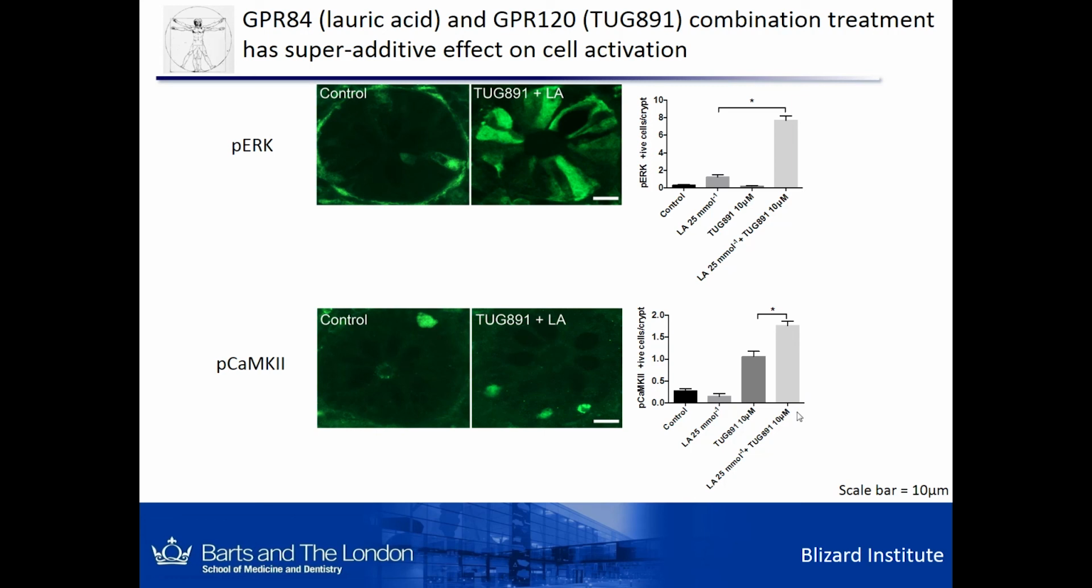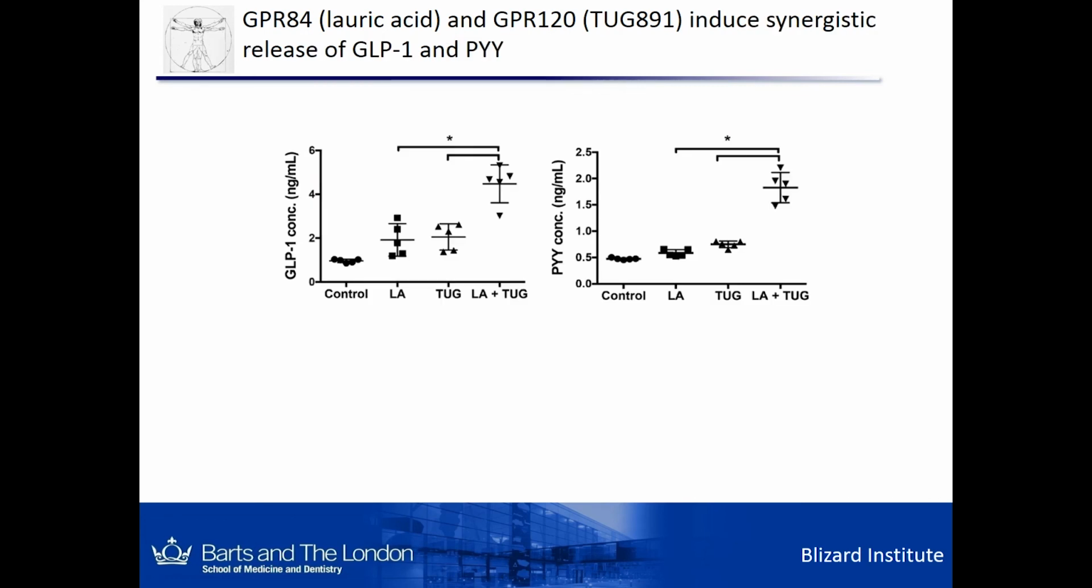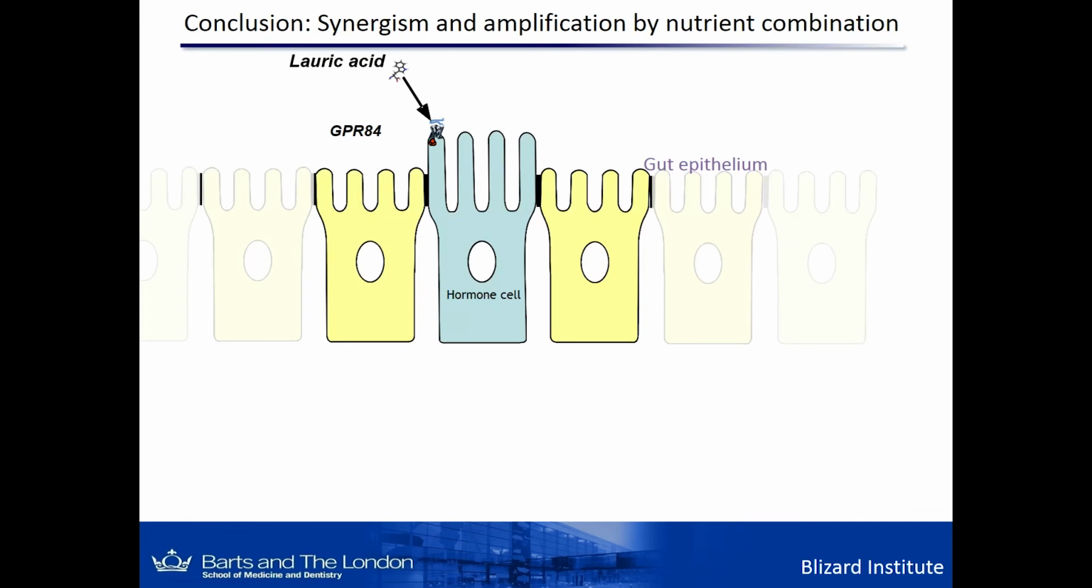Perhaps most importantly, this combination treatment induces a synergistic effect on the release of GLP-1 and PYY. You can see GLP-1 in this graph. Again, lauric acid and TUG do induce release, but we see almost a doubling effect with the combination treatment. We've also looked at PYY, and again you see this massive increase in the amount released. And so we conclude that the synergism and amplification we see by nutrient activation is perhaps occurring because we've